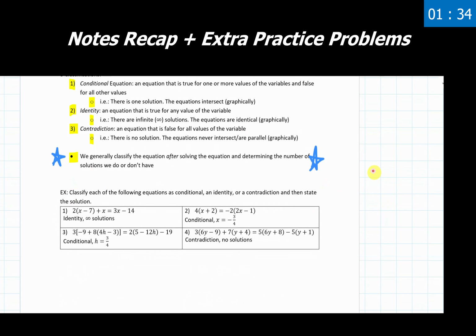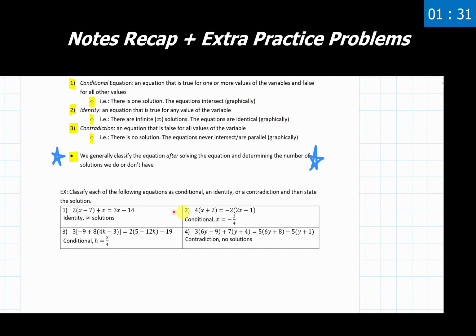I hope it was apparent through the graphical representations and each of these algebraic ones that it isn't obvious from the beginning which classification is going to be used for each particular equation. So really lean into letting the process reveal the classification to you rather than you trying to force one of the classifications just because you think that might be the case or you want that to be the case.